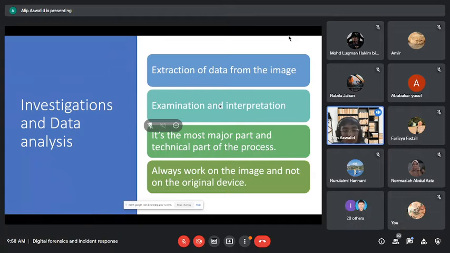So when you investigate or do this analysis, you work on the image, not on the original device. This I have mentioned before. So you don't go to the infected machine and copy that file out into your USB drive and then do analysis of it. Even though your analysis may be correct, while you are copying the malware or any type of data outside, you may tamper with that file. There's a chance for you to end up tampering the data,